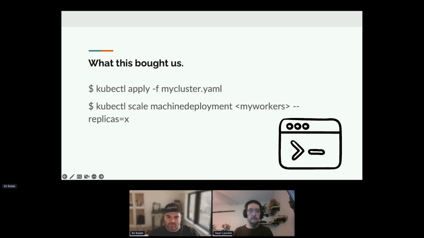It'll just be running. You don't have to do anything else. You'll grab a kubeconfig. There's some talosctl commands you can run, grab the kubeconfig off of it, and then you're ready to rock and roll. Also, once you've got that cluster up, and say you have a scaling need, you can run another command here where you're just scaling that one machine deployment.